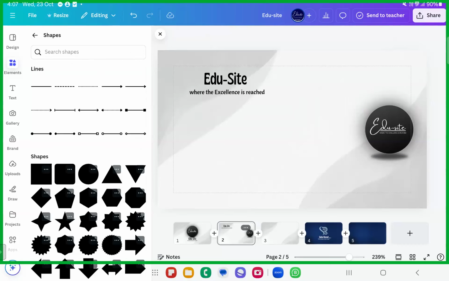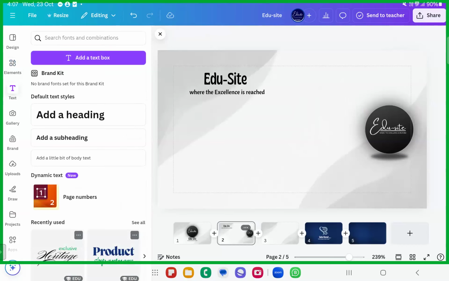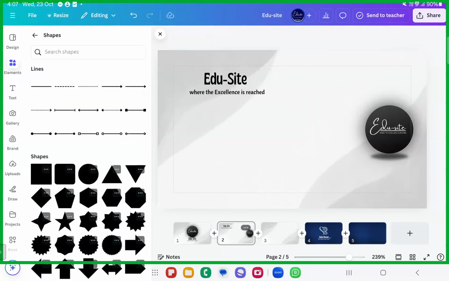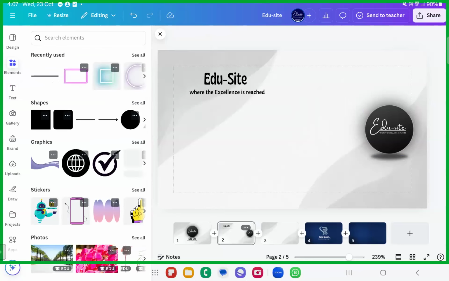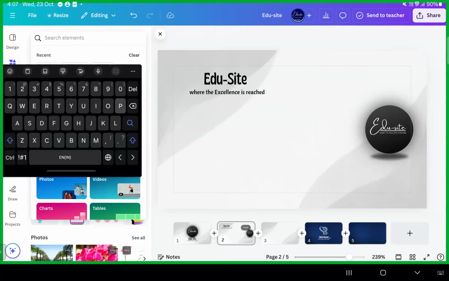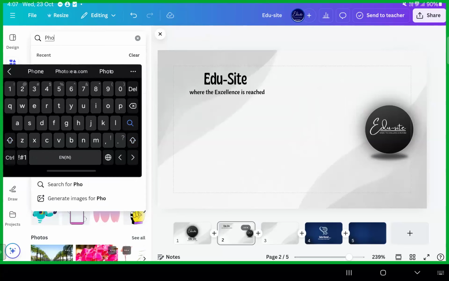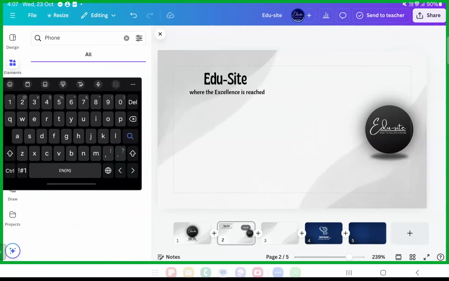Now the contact information. That's very easy. How are you going to write it? First thing you have to write, what did I tell you? First thing that you have to write over here is the contact info, like the phone number. You can write the phone number. Come on, do this with me. You have to do this.